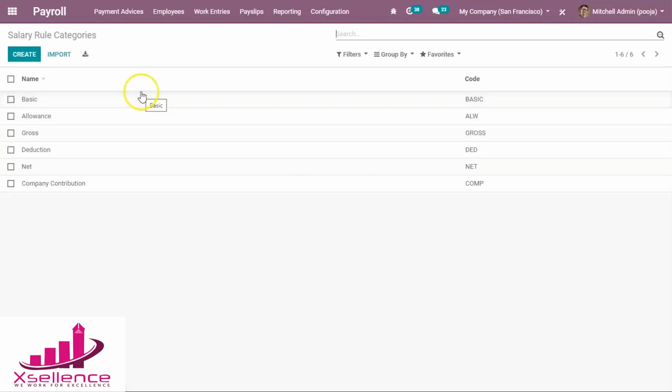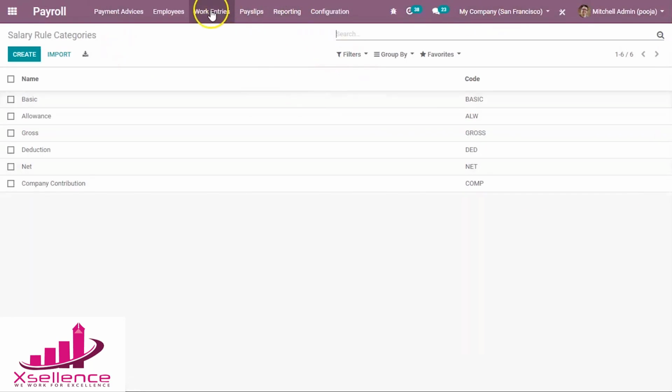You can categorize salary rules into some category, that is, basic salaries can be given to basic. Then all the allowances, travel allowances, and other allowances can be grouped to this salary category, and we can give some code for this category, which is used in the payslip.